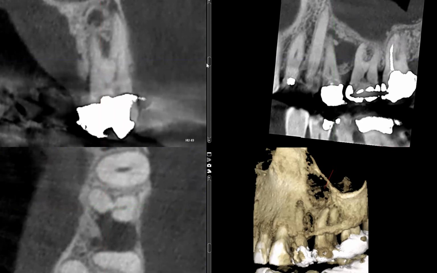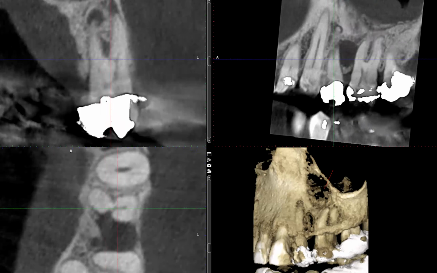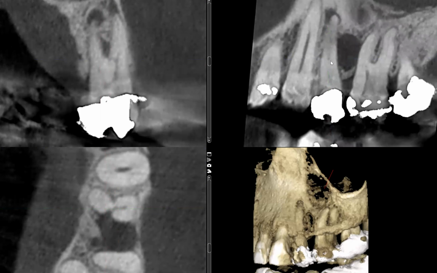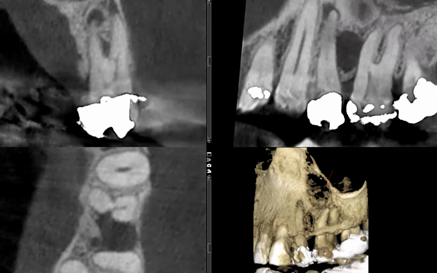So right here, you can see the overall course of the buccal root canal, and there is this lateral canal that's extending toward the furcational region. Do you see that right here? And that's not root fracture. Okay. Let's see. Could I capture that in sagittal view as well? Maybe. It's not very clear, but